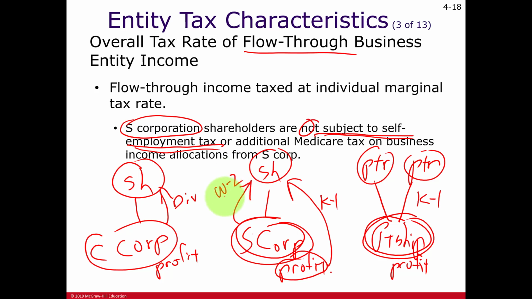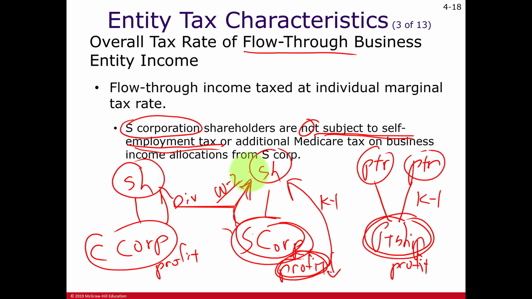And this W-2 is going to be subject to the FICA taxes. Half of it is taken out from the employee shareholder's pay, and the other half is paid by the S corporation employer. Now this payment, salary and payroll taxes, is going to reduce the profit that's allocated now to the shareholder, right? Remember, this is the profit that's not subject to self-employment tax, whereas now wages are subject to that FICA